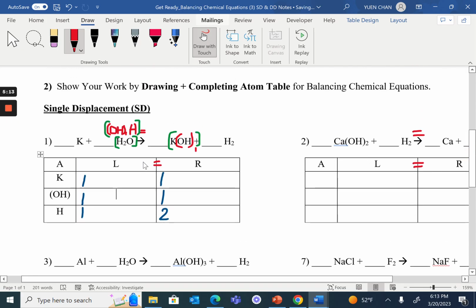So the K are balanced, the OH are balanced, but the H is not balanced. So how can you make the H balance? Remember, you don't want to directly change any number on the table. You want to put the numbers on the top of the equation first before you change the number in the table. So I want to make the left-hand side H will be 2. So how can I do it? I have to put a 2